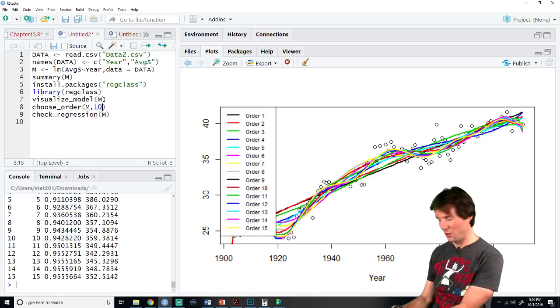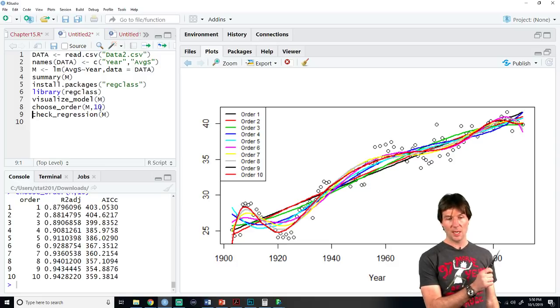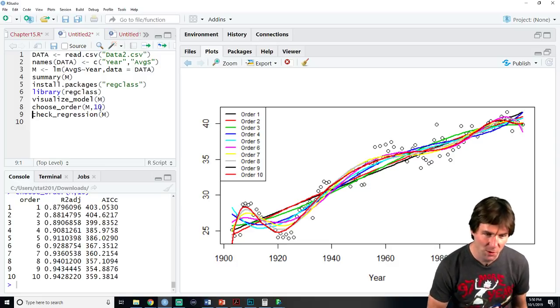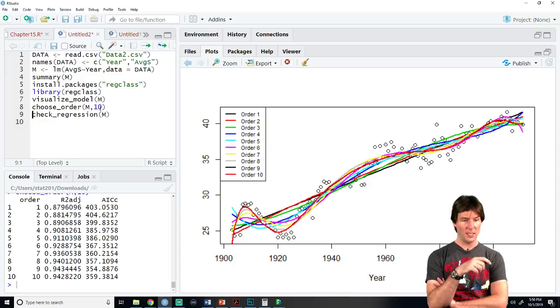But this is one of the coolest codes right here. It lets you, remember how I was fitting those bendy lines through the model? This is doing the same thing. And the red one, the 10th order, really picks up on the bends through it. So there is some sort of bendy pattern through it.